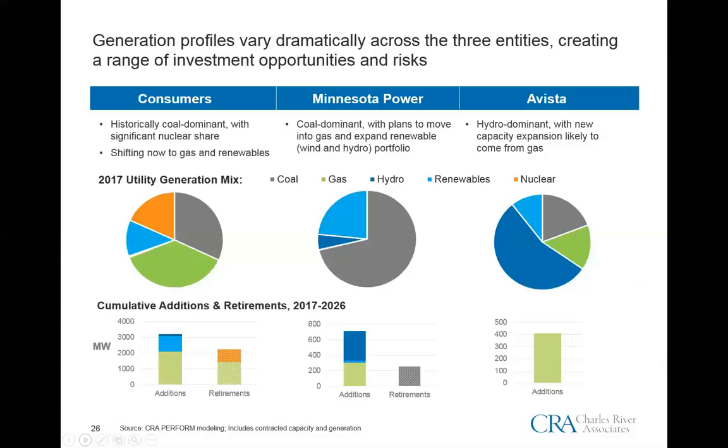And finally, Avista has historically been a hydro-dominant utility, so very unique in that regard, at least when compared to these other Midwestern utilities, with over 50% of their generation coming from hydro and smaller shares of gas, coal, and renewables. Notably, they don't have a plan to invest much in the generation sector since they already meet their RPS requirements, but they expect to perhaps require additional gas builds to meet reliability needs going through the next 10 years.